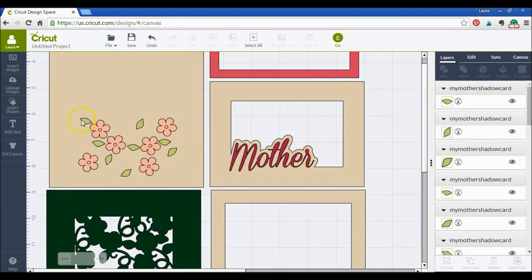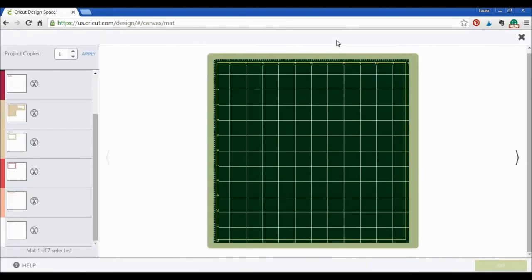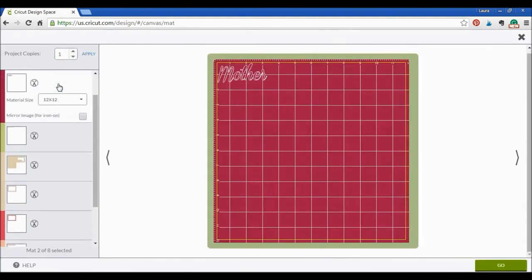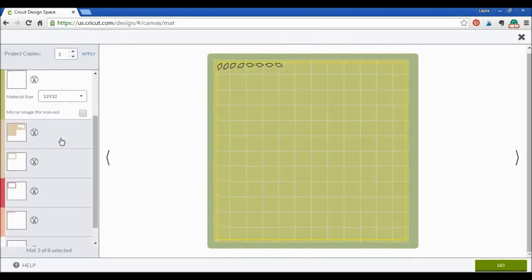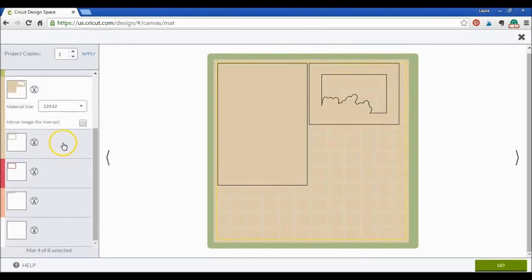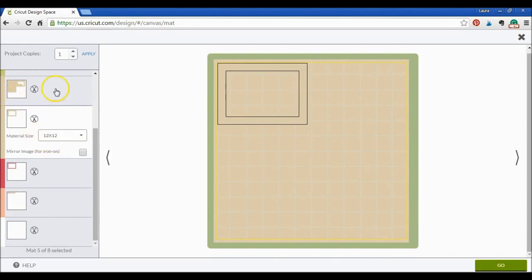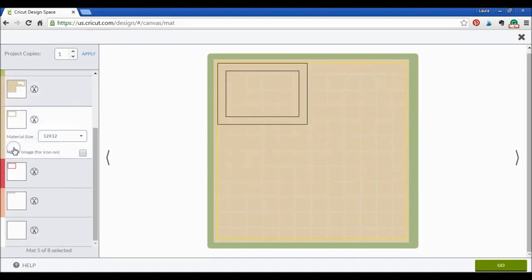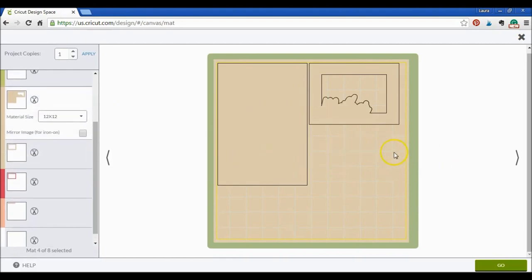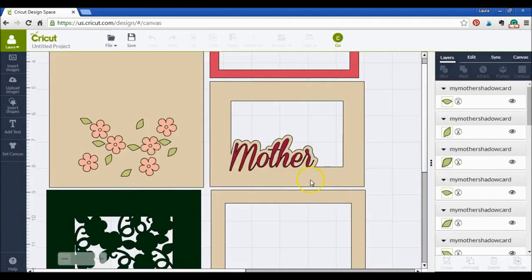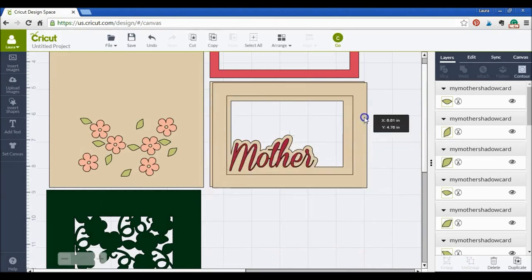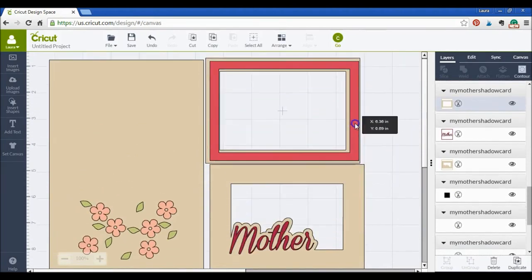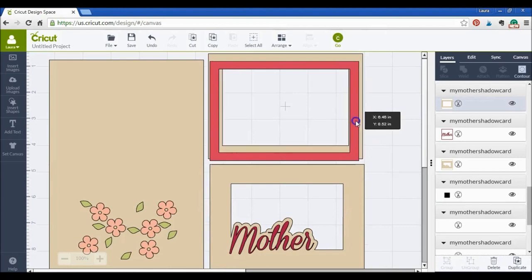in this particular pattern. So you'll see when I go to my cutting mats, now I've got this dark pink one with the mother, all my little leaves, and then these tan ones, which is another problem. So it's thinking that this is the best way to print these out. And I know I can fit this other piece right here in this space. So to do that, I'll show you what you can do. You'll take this one, which is the one that's being pushed down, move it up above this other one, and then I am going to select,